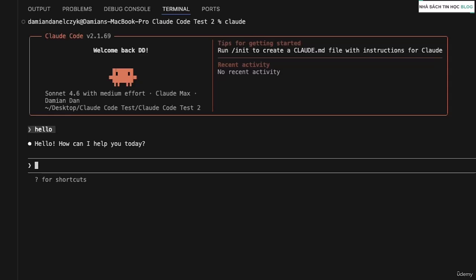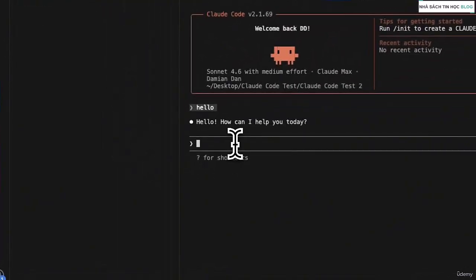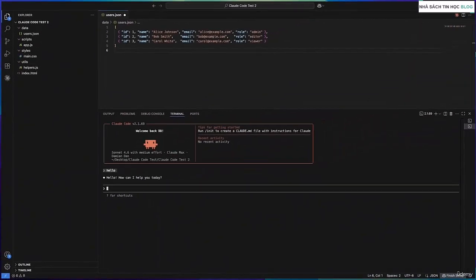So everything is working. Now there is one thing worth sorting out straight away. By default, if you press enter, it sends your message to Cloud. So if you want to write a multi-line prompt, like please implement the following, and then list out a bunch of features underneath, pressing enter will just send it before we are ready. And to fix this, we need to run a quick setup command.